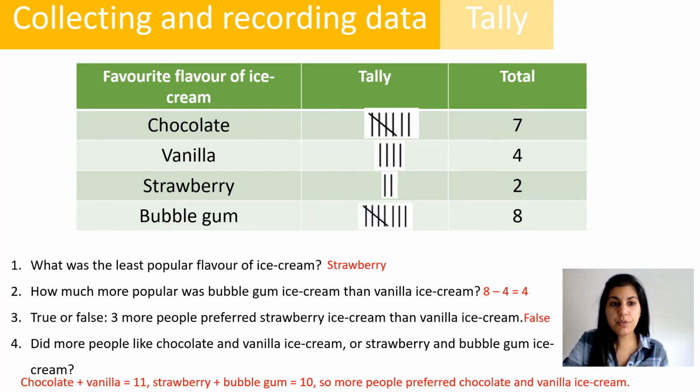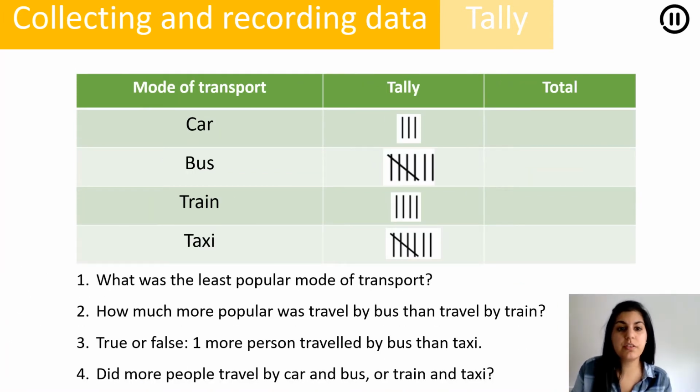Okay, now I want you to have a turn at answering some questions. So I've got another tally chart here, but this time I've not filled in my total column. This time I'm looking at mode of transport. How many people travelled in different ways? So we've got travelling by car, by bus, by train, and by taxi. So the first thing I want you to do is write down the totals. Have a look at your tallies and remember, when we've got this diagonal line, we count it as a group of 5. So write down your totals in the total column